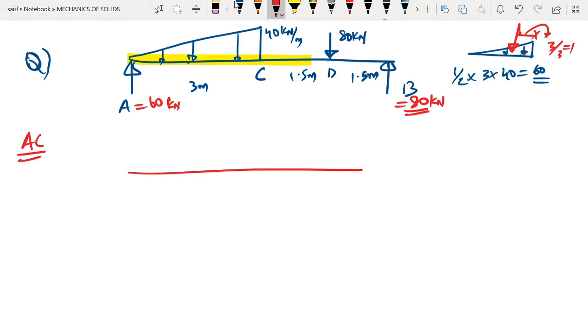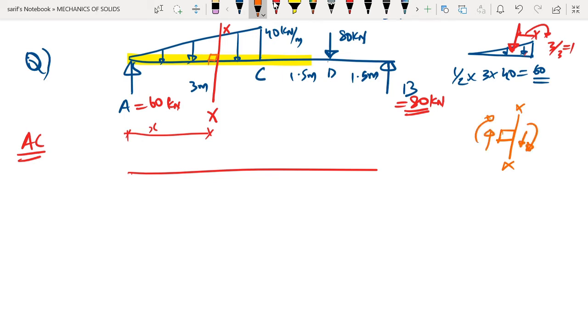Now, to get the bending moment and shear force in the region AC, we have to choose the section in the region AC. It is preferable to choose the origin from this side, so we can choose the origin from this side. Now we need to take a small element here. So this would be the small element. If we zoom it out, it is going to look like this. So we have to find out what are the directions of positive shear force and bending moment. So these are the directions that we have to choose.